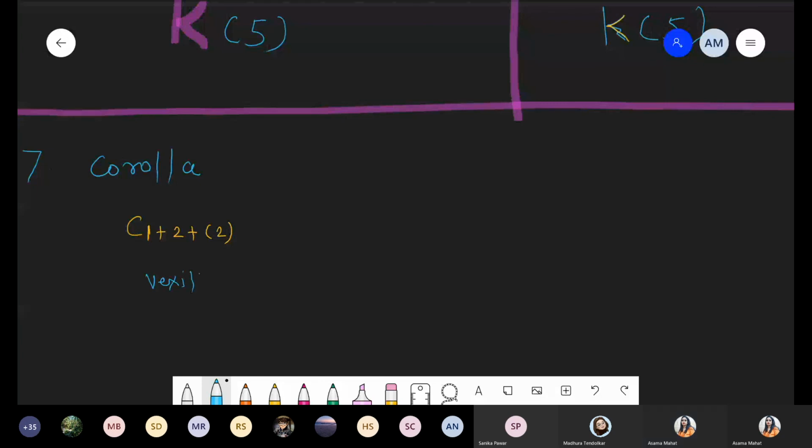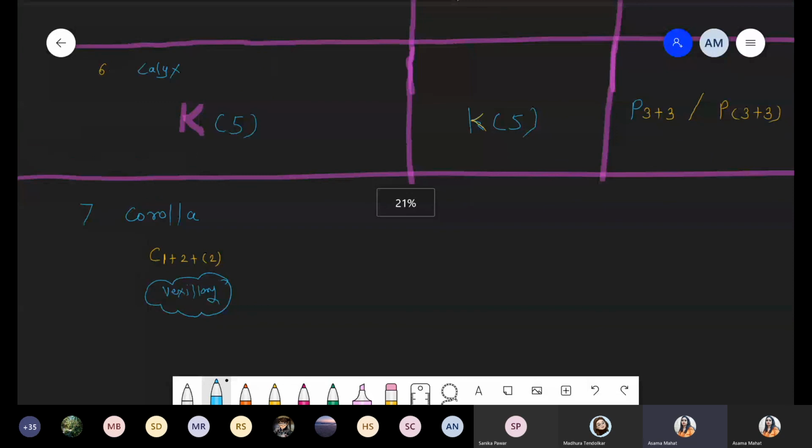So such type of aestivation arrangement is simply called vexillary. Remember? Vexillary type of arrangement is very common in case of Fabaceae family. C1 plus 2 and 2 in brackets means they are showing the fusion. Now, in case of the Solanaceae family, they show the valvate type of aestivation. Simply we can represent that as capital C and 5 inside the bracket.